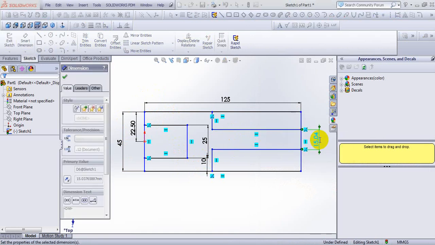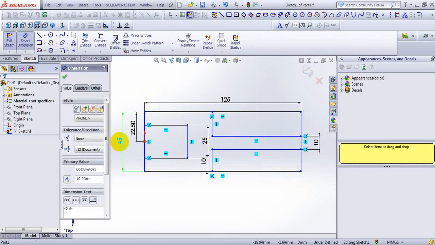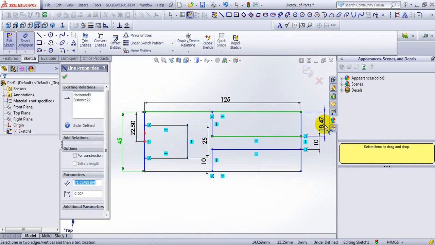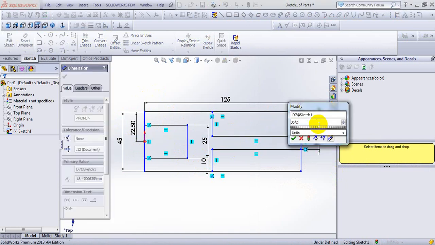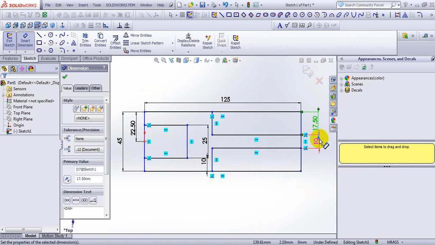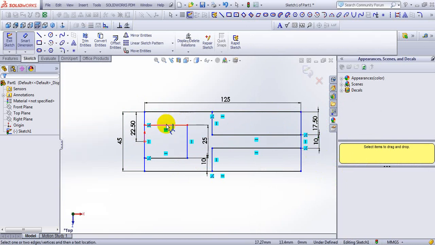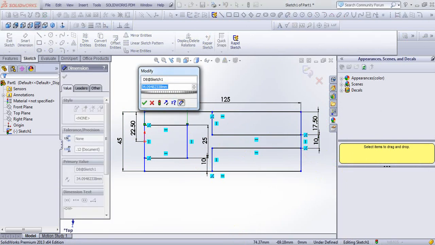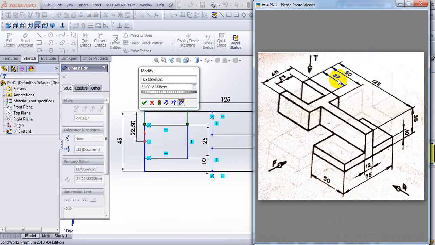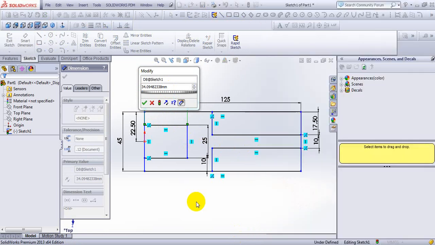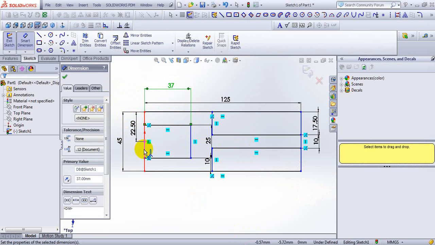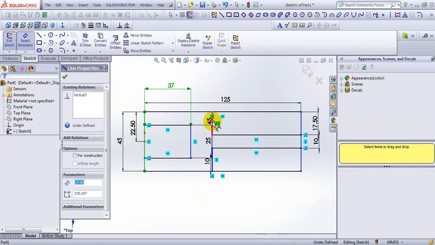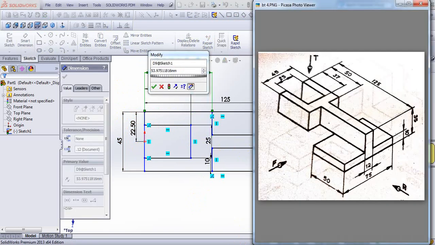Take it as 10. Here 45 minus 10 is 35. 35 divided by 2 is 17.5. Next, this is 37 mm. Enter 37, and from here to here the distance is 50 mm. Enter 50.